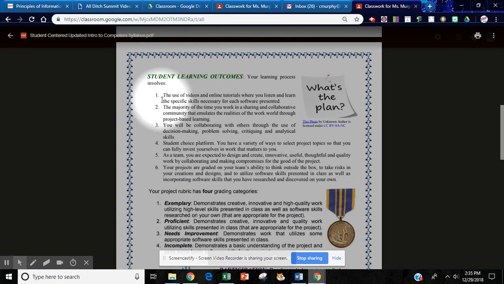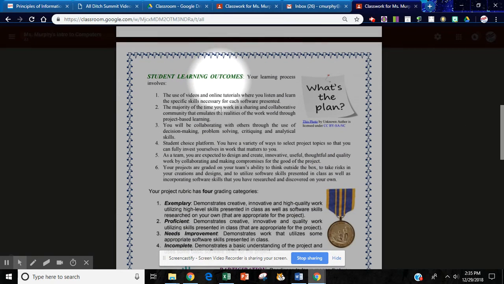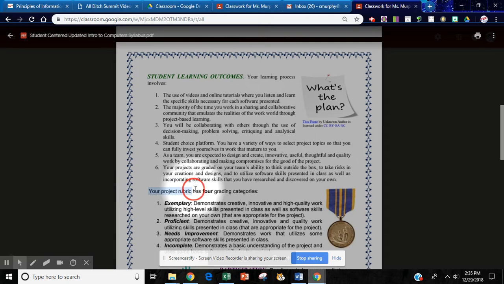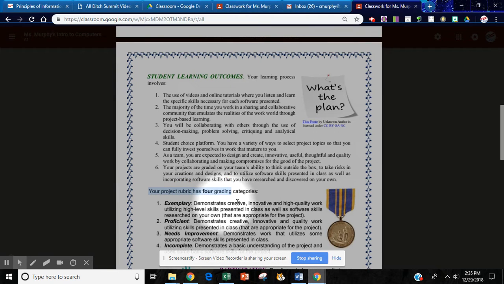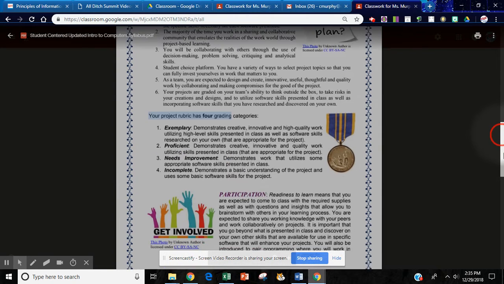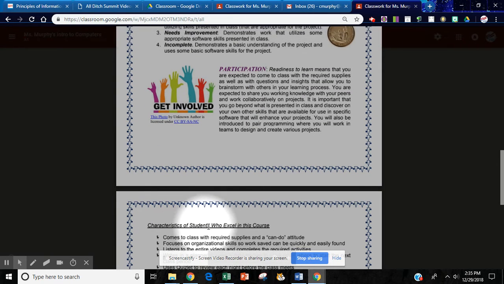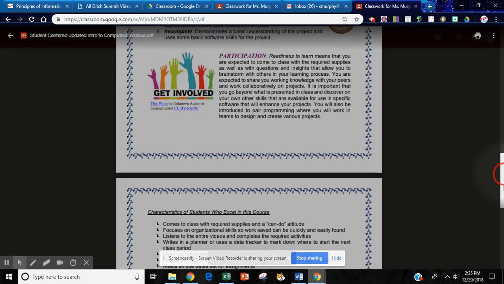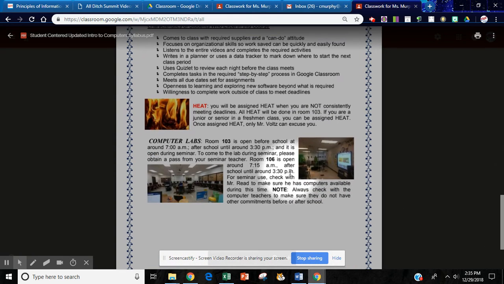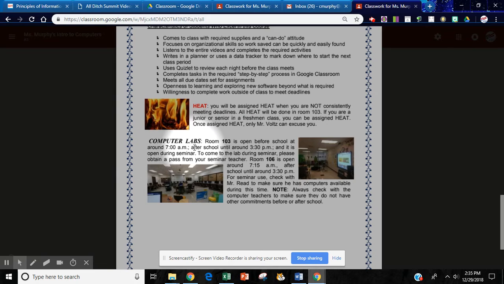It will talk to you about student learning outcomes, how your projects will be graded. There is the example of how a rubric would look. Participation, characteristics of students who excel in the course, issues about being assigned heat, and then it will talk about the computer lab, the times when room 103, that